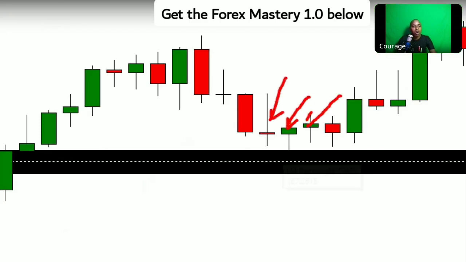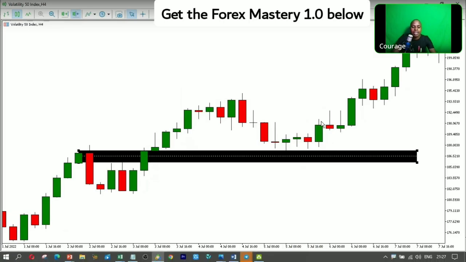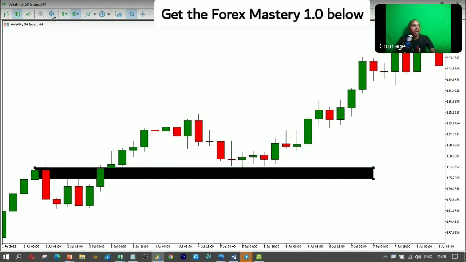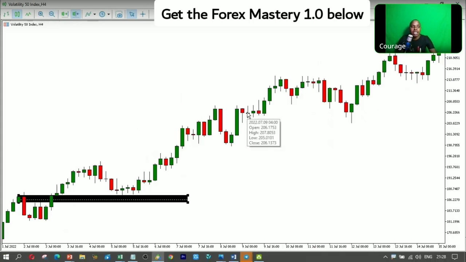These are all candlestick patterns, right? These three candlesticks here should have given you the confidence of buying this market. If you were trading this strategy, you would buy somewhere at this market at this point. You put your stop loss below the support level, and then you put your take profit 2 or 3 times the risk. The reason why you can be confident to put a good risk to reward ratio here is simply because